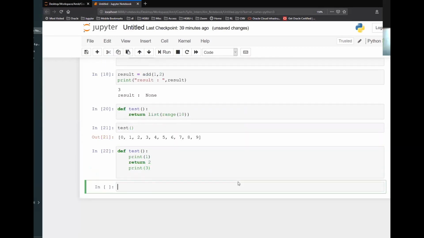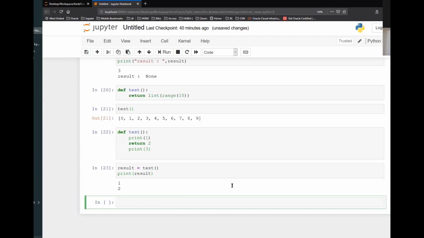Now if I call this function, and I'm saying result equals test() and print(result), what will be the output on my screen? What will be displayed? 1, 2. If I run this, I will get 1, 2.